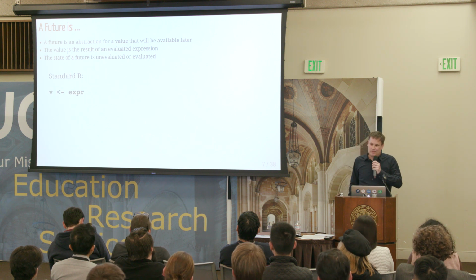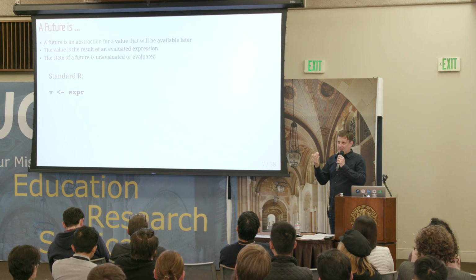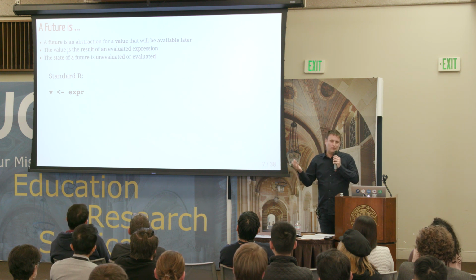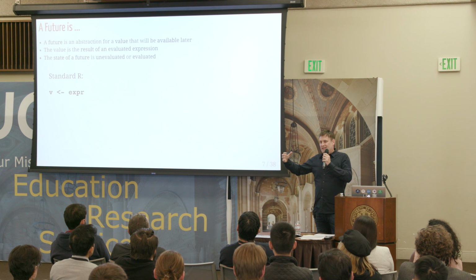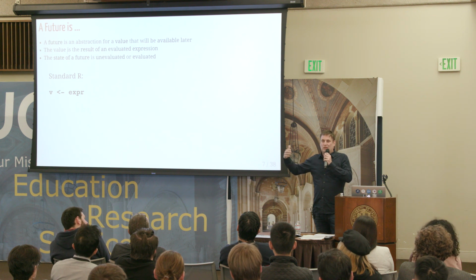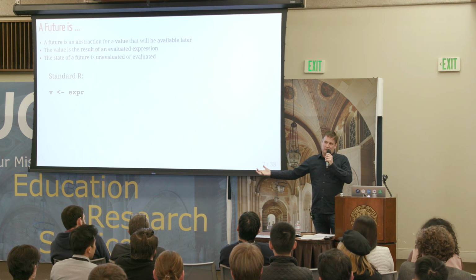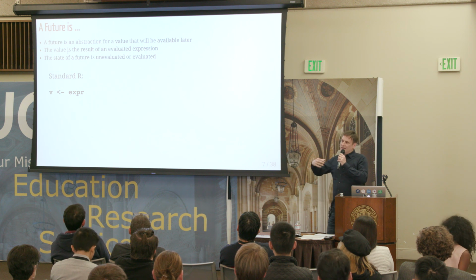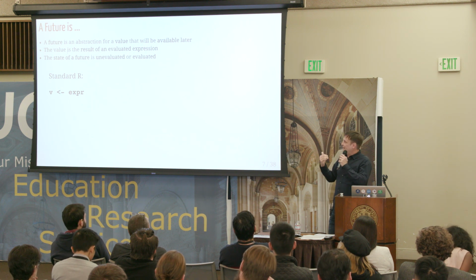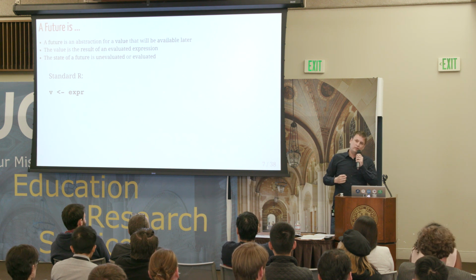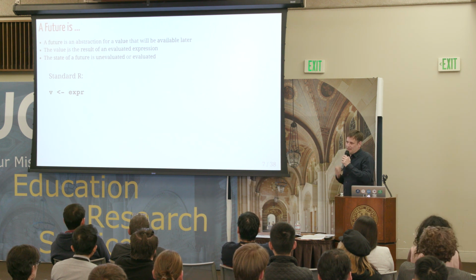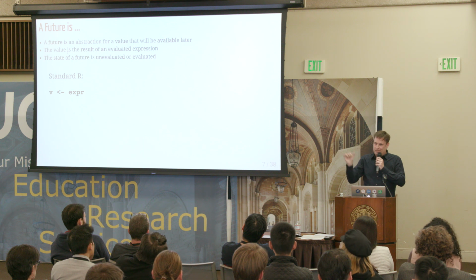So let's put an example to that. Imagine the regular assignment in R. We have a left-hand side and a right-hand side, and the right-hand side can be a simple function call, it can be 1 + 1, or a very complex R expression. And when R sees this line, it evaluates that expression and immediately assigns it to a variable in R. But there are actually two steps going on here.